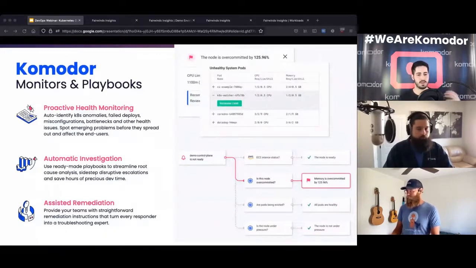So you have the problem, what caused it, and the solution. So this is generally about playbooks and monitors within Komodor. More than node monitors, we also run a variety of monitors related to workloads, PVC monitors, and many others.